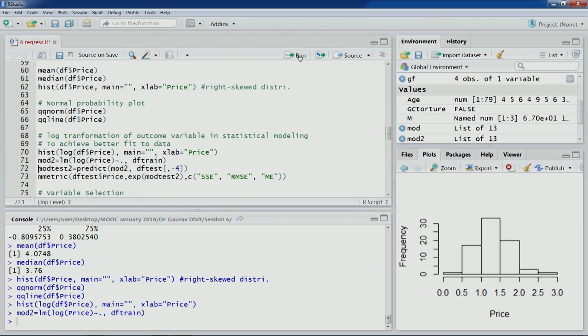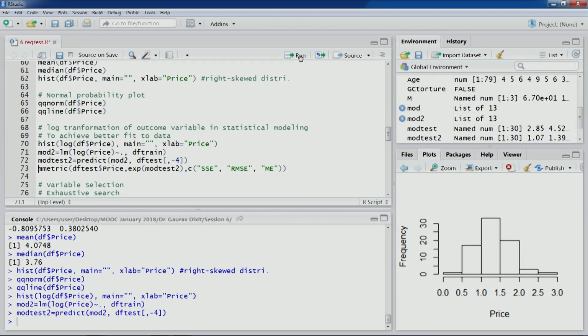You can see that we are again using the predict function, and we are passing the new model, that is mod 2 this time, because we want to score the test partition using this new model that we have just built. Let's execute this code. So this has been scored. Now we are again going to use this metric function. You can see the first argument is the outcome variable for the test partition, coming from the test partition, and then